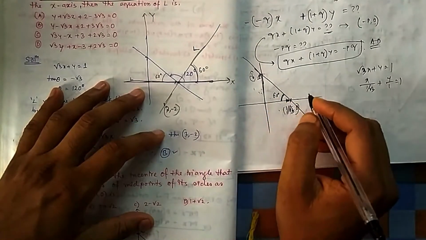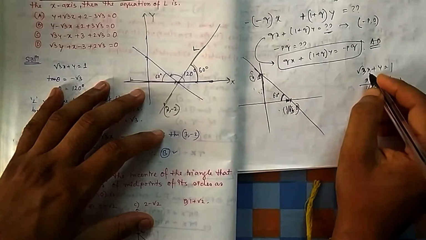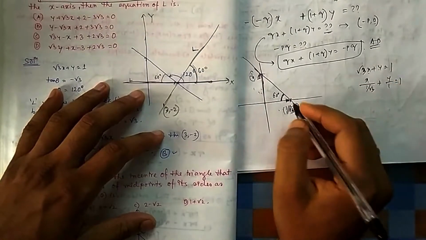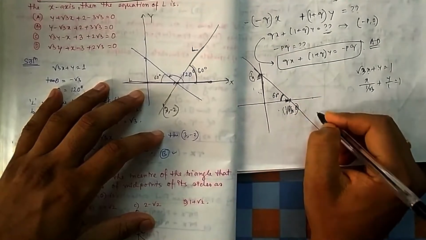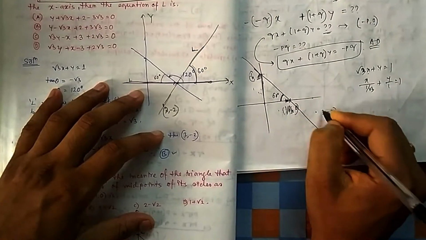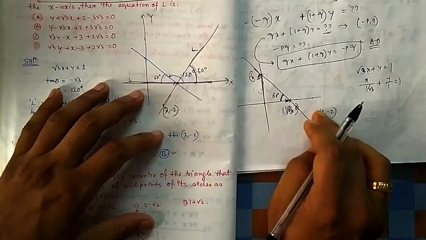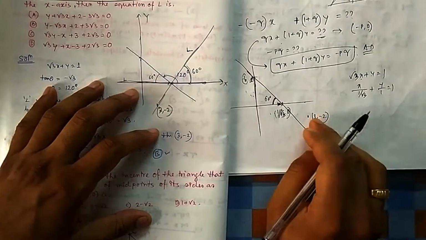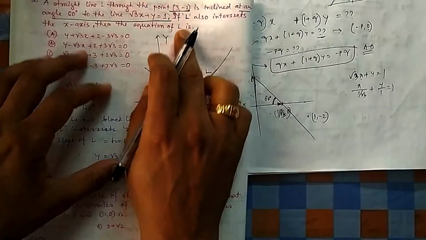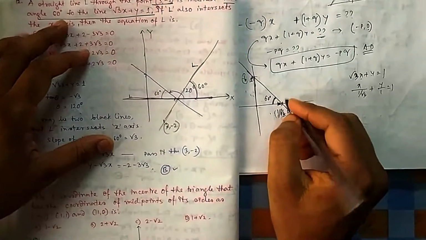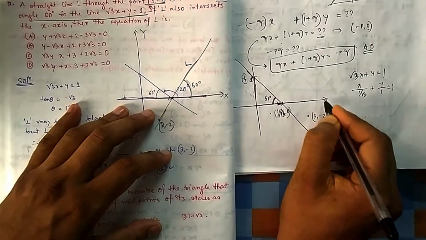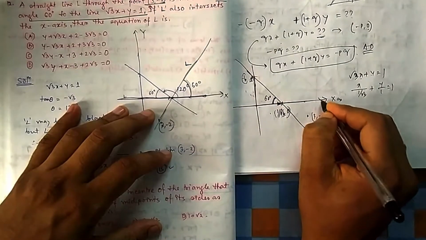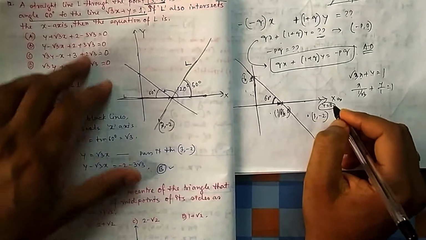So I don't know where 3, minus 2 is. If I put it here, will it satisfy? No. So 3, minus 2 is somewhere at another point. Suppose this is the point 3, minus 2. I have to draw a line which passes through this and should make an angle 60 degree with this line. It can make 60 degree in this way, so this is one line. This can also make 60 degree, which is the x-axis itself, that is y equal to 0. So no option is there.